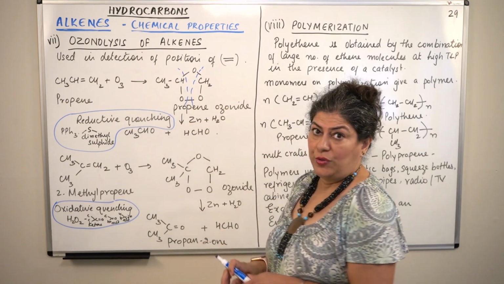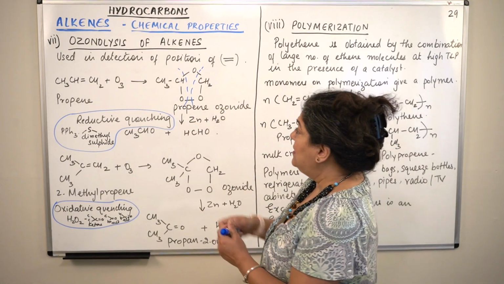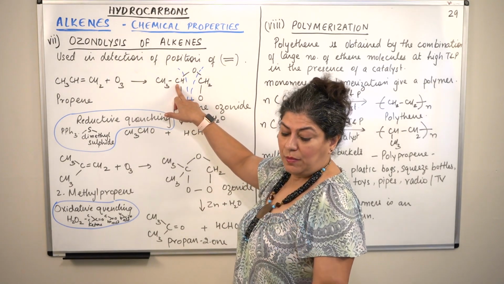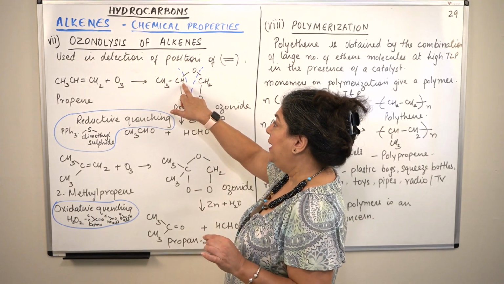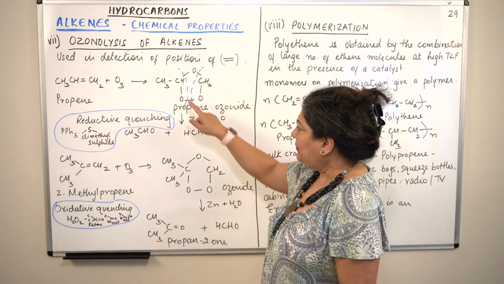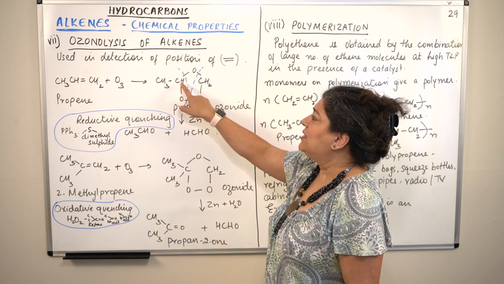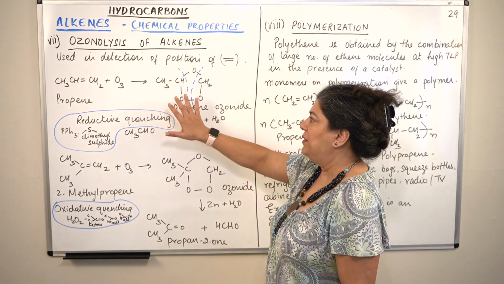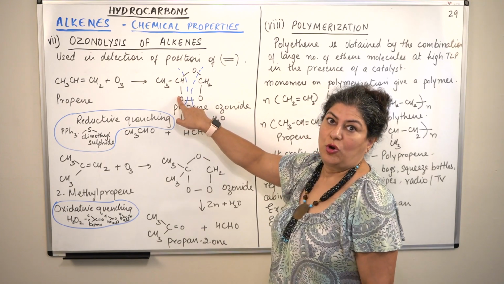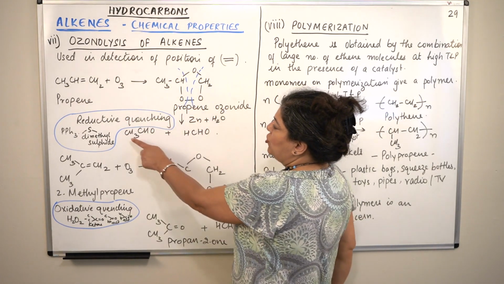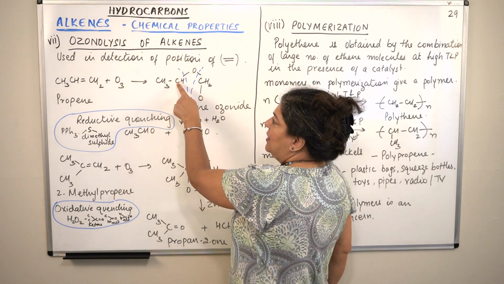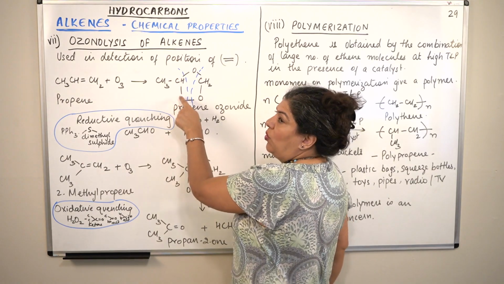Look at the two carbons, what do they have? This carbon is attached to oxygens, of course, but it had the double bond initially, but it is attached to a hydrogen and a methyl group, which means one alkyl group and one hydrogen. So the hydrogen and the alkyl group remain where they are, and as this breaks, this carbon forms a double bond with this oxygen. When it forms a double bond with this oxygen, what do you have? You have CH3CHO, that is CH3CH double bond O.